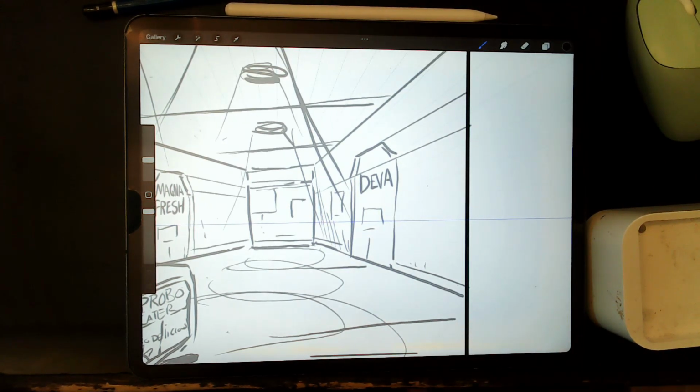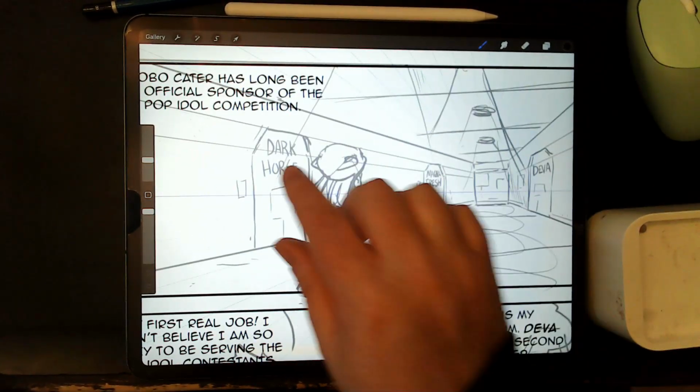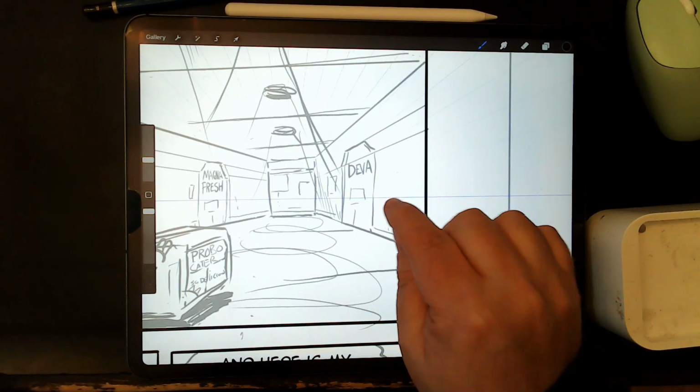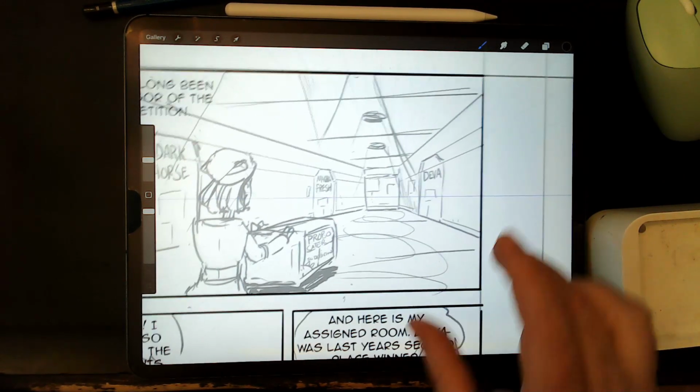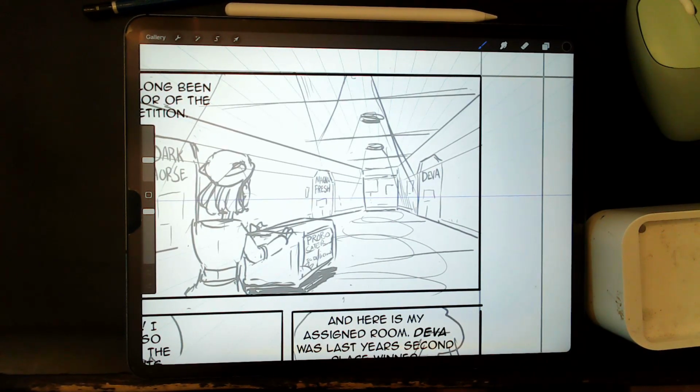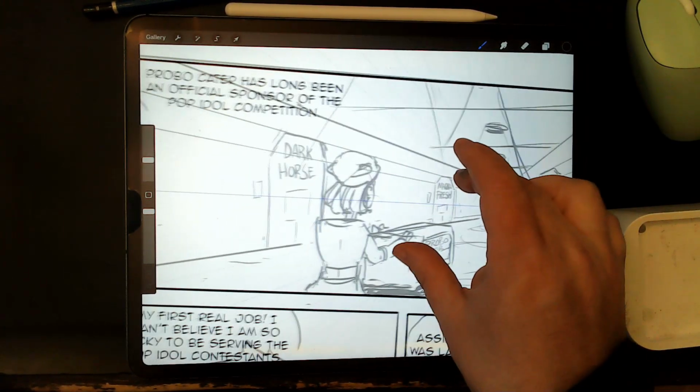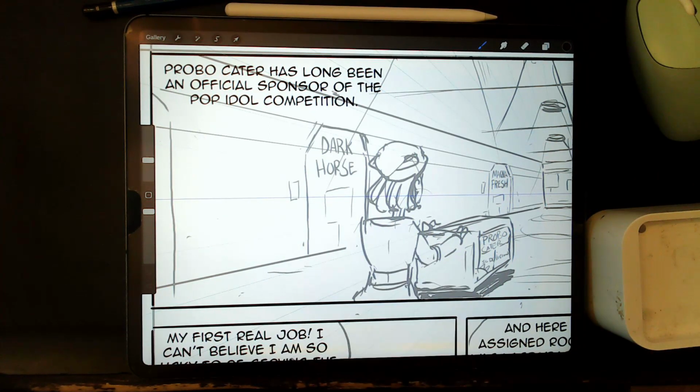Diva, right? And one's Magnafresh and one of them's Dark Horse. So Diva is, of course, all the corporations in this are going to be like it's a corrupt cyber world or whatever. They had a disgruntled robotics genius, and he creates his own android that's becoming Dark Horse, and he's kind of entered under false credentials, and that's going to become the Phantasm android. And the Phantasm android's going to enter and try and win, so he can subvert the dystopian government by winning the Pop Idol Championship.